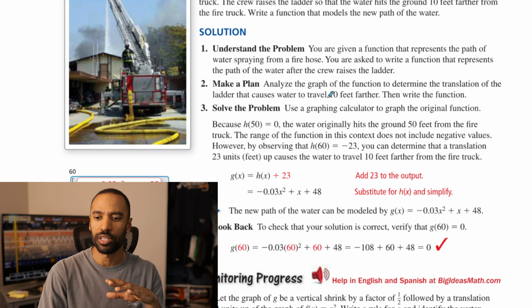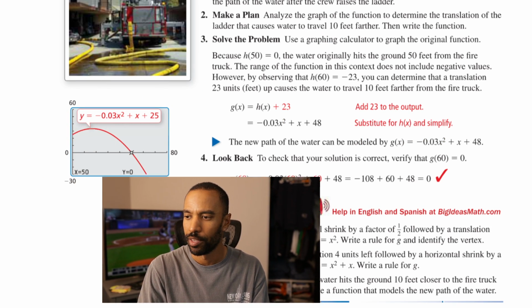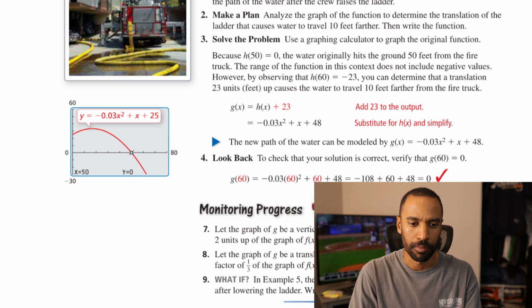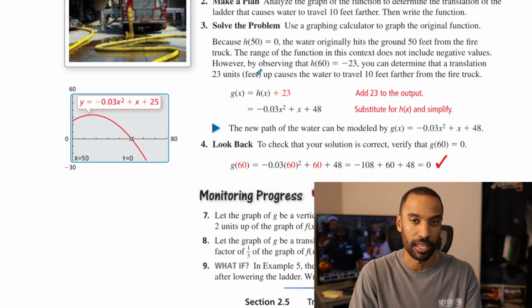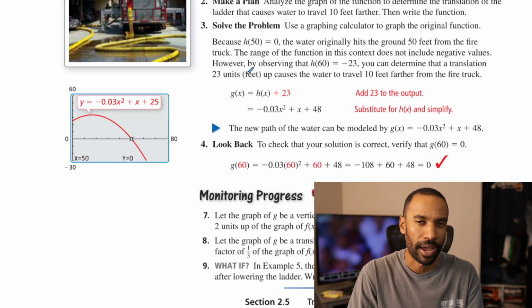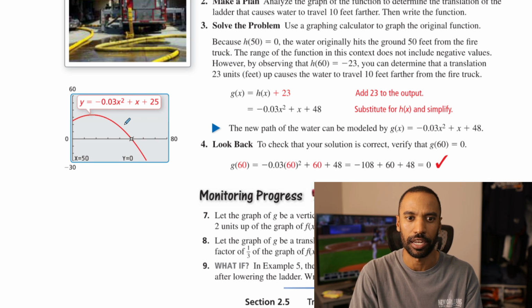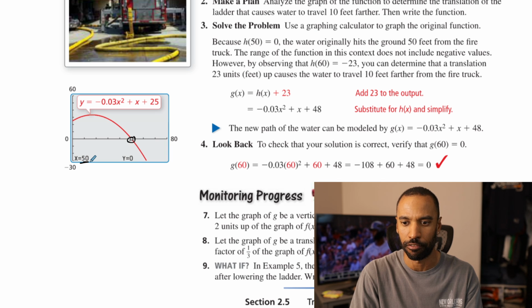Okay, so what you basically do is you got to find out when this thing originally would have been. Oh, I have a graph right here. Find out where the function would have originally been hitting the water. This is one where using the graphing calculator is probably right. This isn't in vertex form. It's a really weird decimal thing. Use your graphing calculator, let it graph itself, and trace where it would have hit the ground to begin with. At the time, we traced that, and it looks like it would have hit the ground 50 feet